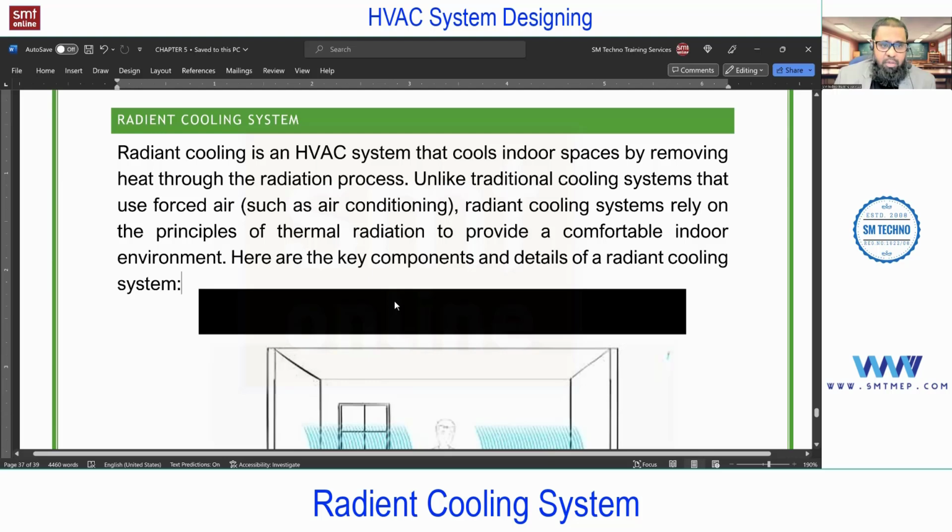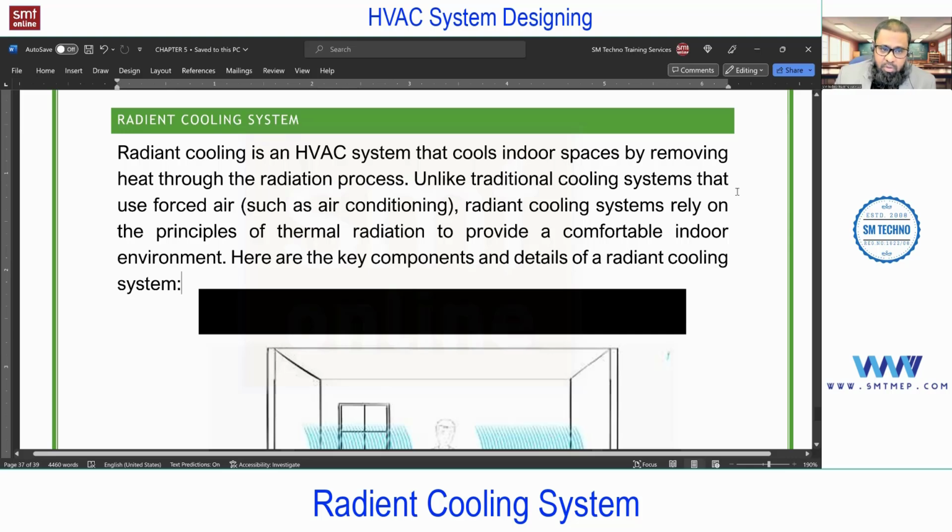Next, we have radiant cooling. You see, this is also a system you can consider under the chill water system, not a DX, and not commonly used, but in some projects you'll find this one. The concept of radiant cooling is we are supplying the chill water in multiple pipes, which are going to be below the floor or in the wall or in the ceiling, small PEX pipes in which we are supplying the chill water, so that we are restricting the heat transfer through the building structure inside the building. That is the concept. And we call it radiant cooling because you are using the radiant panel in the floor,